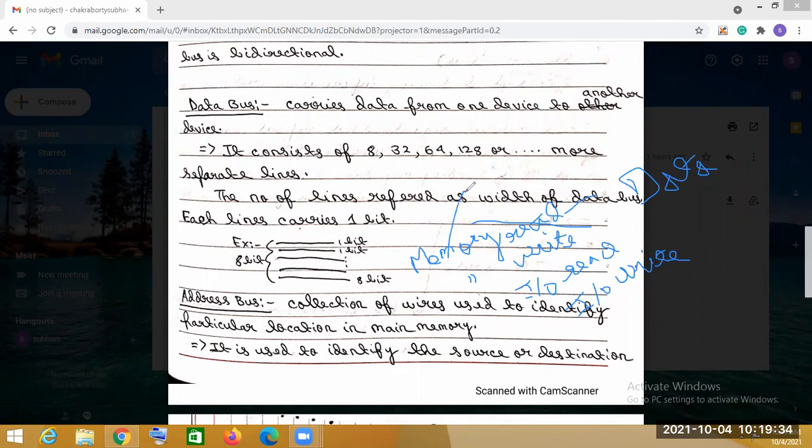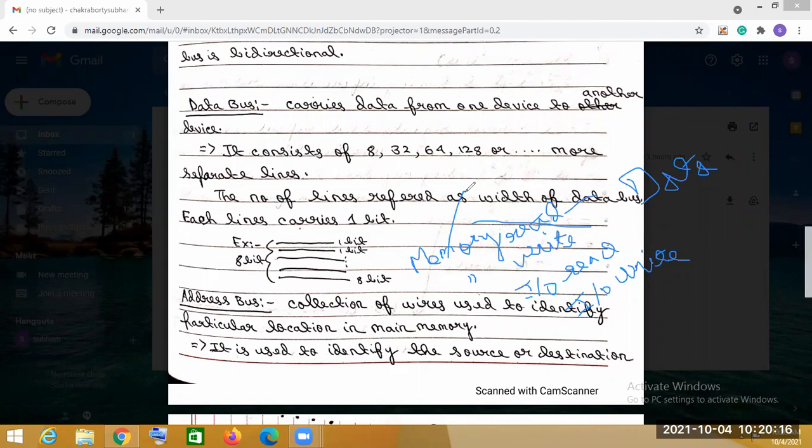And what is the memory write? The memory write is just the opposite. The data is present and this data should be placed on the address location of the memory. So memory read is the data present in the address location being put on the data bus, whereas memory write is the data that is present being placed on the address location of the memory. Memory read's opposite is memory write.